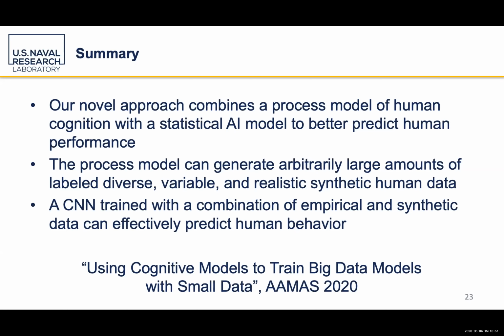Because this person would characterize statistical AI models as descriptive because they solely reflect the data with which they were trained, and cognitive process models would be predictive because they can leverage their constraints and mechanisms to generate predictions for situations for which there is no data. Yeah, so I would agree with that characterization, but the way that we mean descriptive and predictive